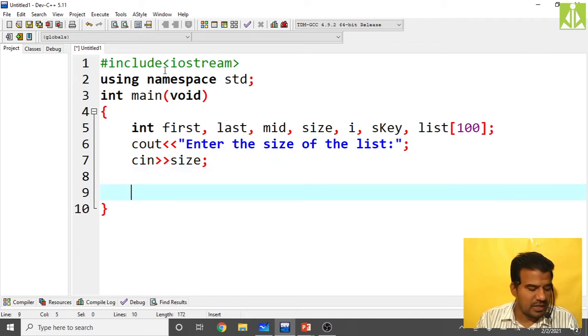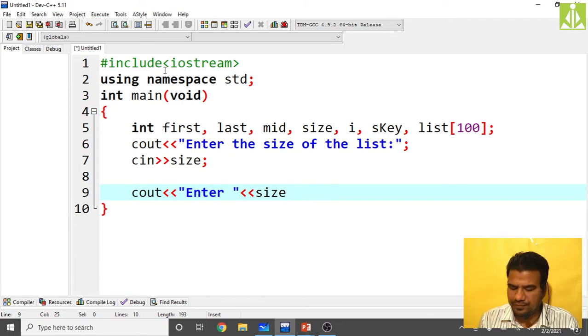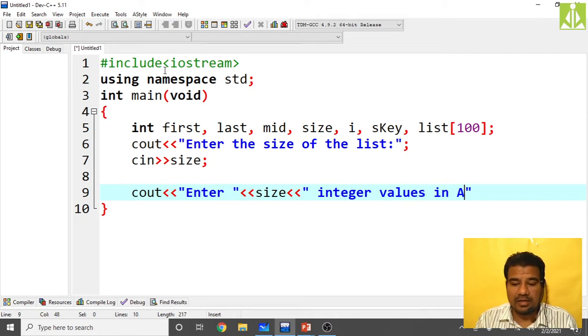Then what we are doing, we have to enter those many elements, isn't it? Cout, enter size elements, integer values in any particular order, either ascending or descending, because you need a sorted list.